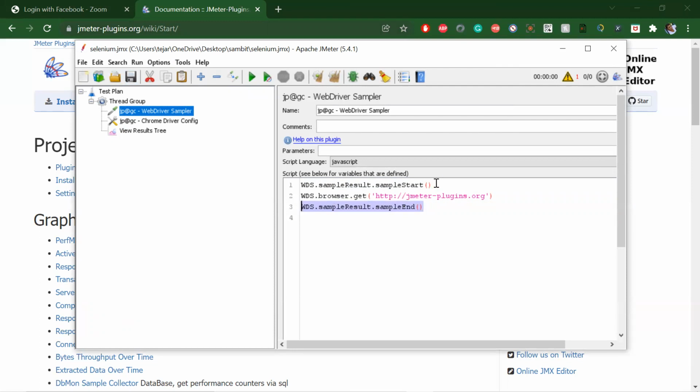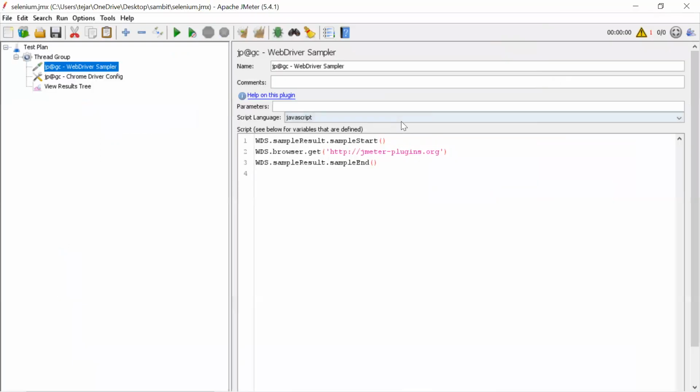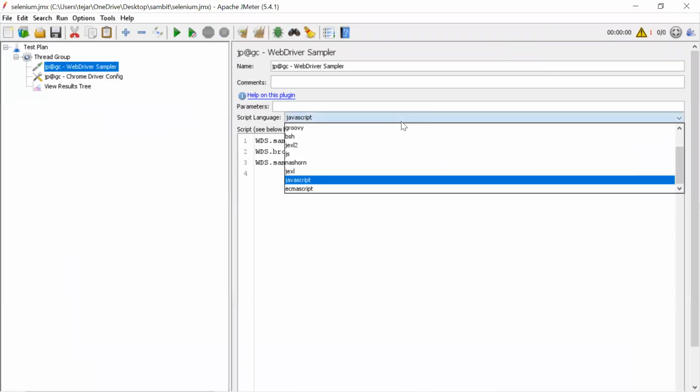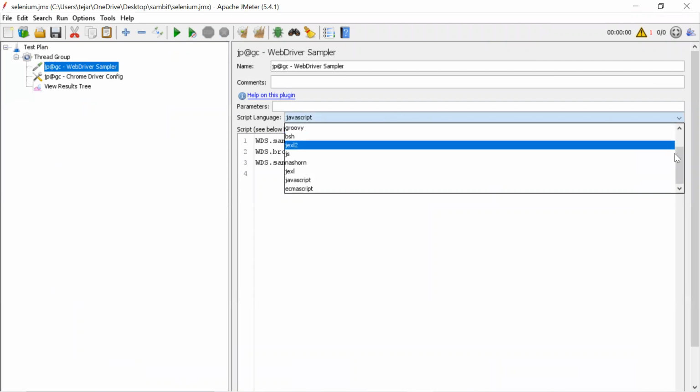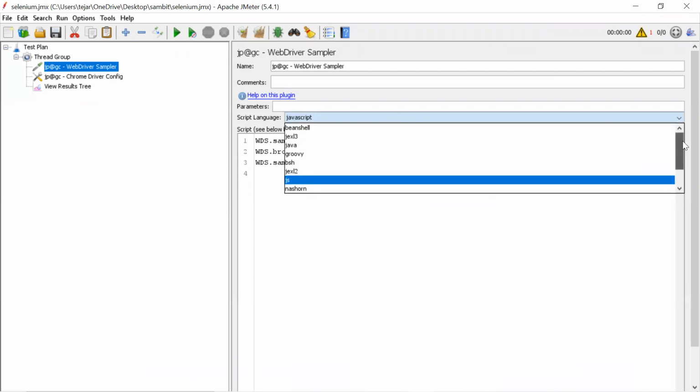So sample.start is always the starting line, and sample.end is always the last line. In between, whatever code you write, it will run. And here you can select the language. JMeter will give you the options. You can see Java, Groovy, Beanshell, anything you can select.